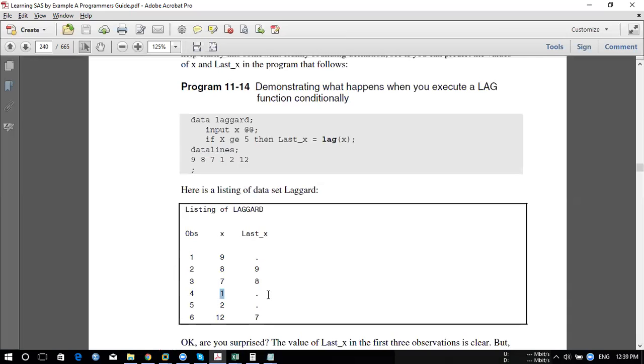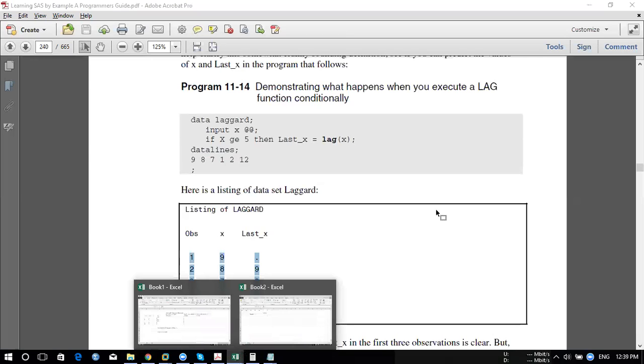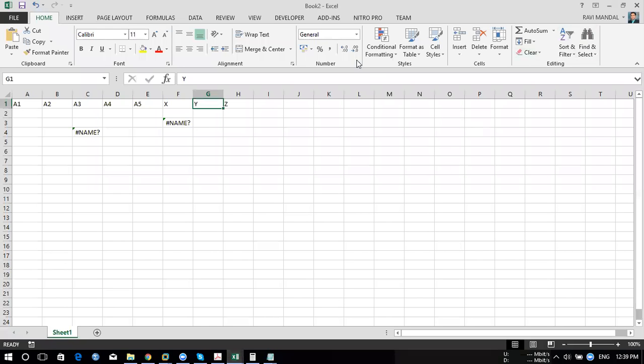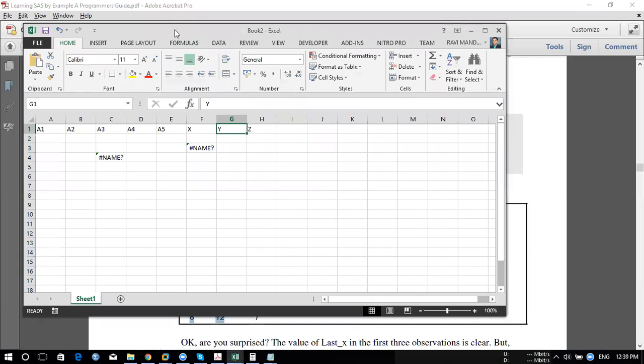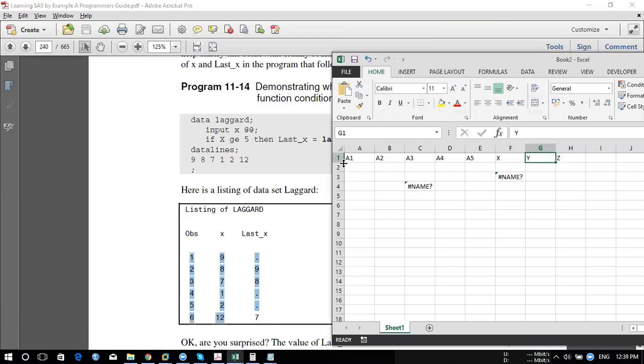Now, see, directly you can do it separately for this. Try to get this value in Excel, and try to look at what he's trying to say.